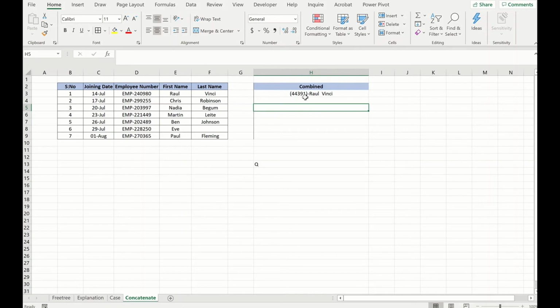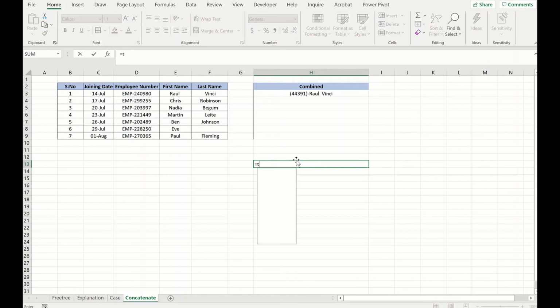Why is that? That's because Excel doesn't see dates. It sees only numbers and text. In fact, more philosophically, Excel doesn't even see numbers and text, it only sees zeros and ones. But jokes apart, it only sees numbers and text. So Excel doesn't see this as a date, it sees this as a number. So you have to put this within a function to format it the way you want. And the function we're going to use is TEXT.